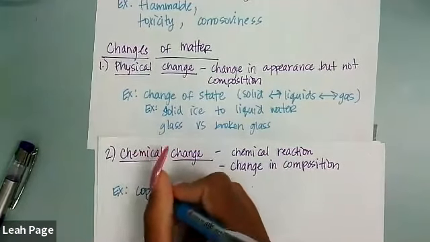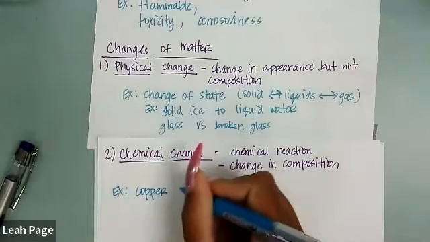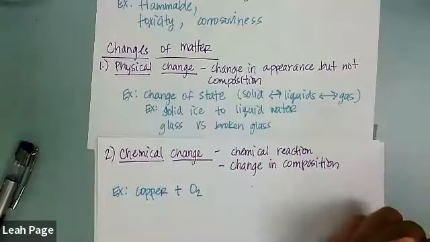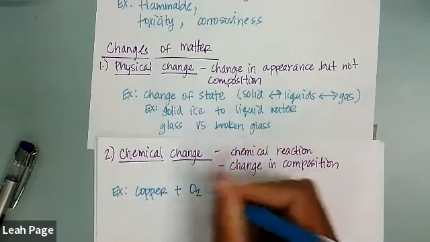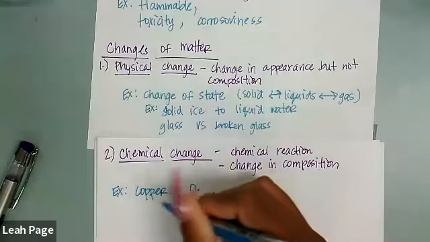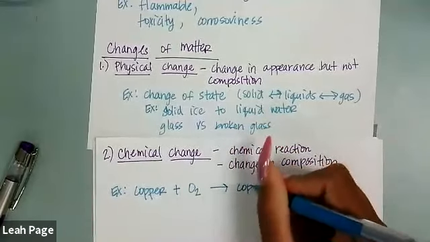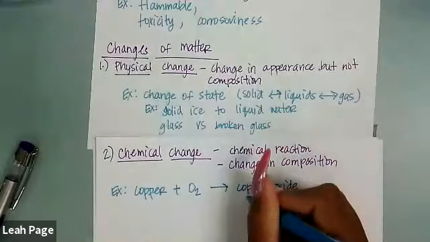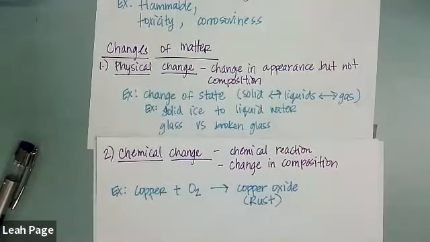If we start off with copper, it's this pretty orangish, goldish color. Then if we expose it to oxygen, O2, for too long, the copper and oxygen combine with one another and form what is known as a copper oxide. And this copper oxide is that green color that copper turns when it rusts.